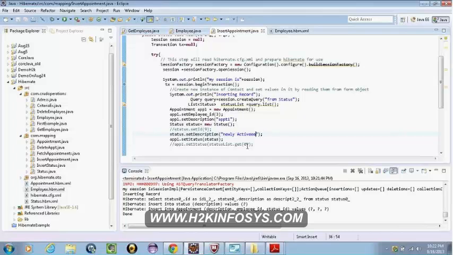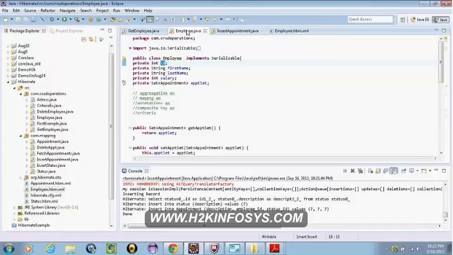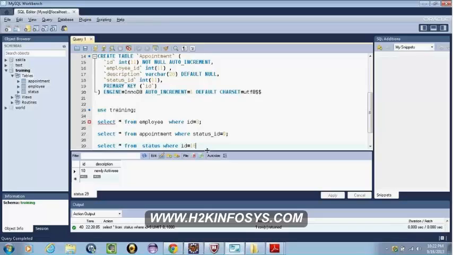Why does it work? Why was it failing? Because it tries to get the data of the previous thing also. For all the appointments, it tries to go one more level and say this is the description for the status. From there, we are able to get the description also. If we just get from the table, we cannot get the status description. If I just do a flat on an appointment table, I cannot get the status description, right?